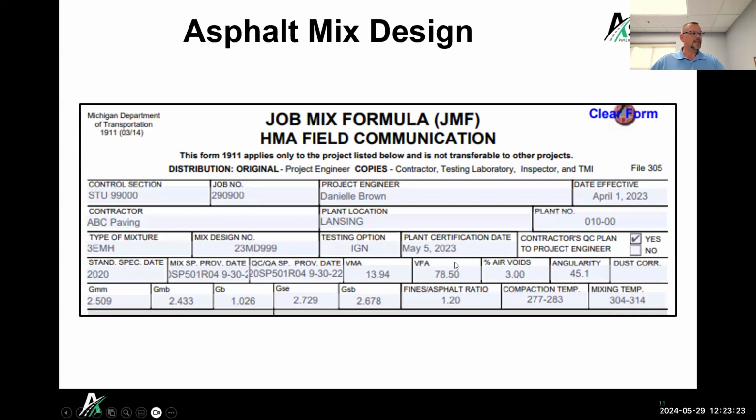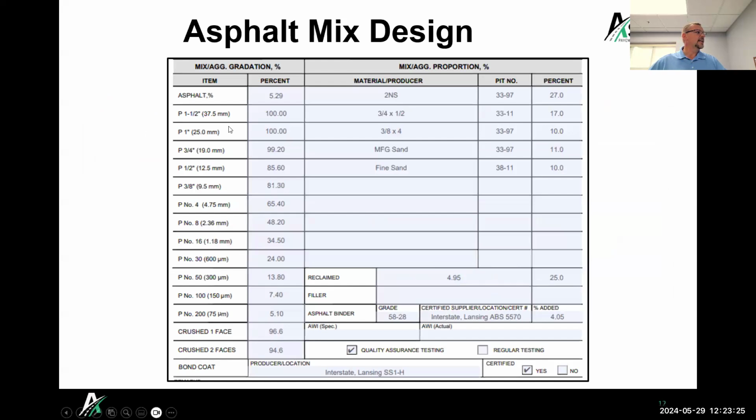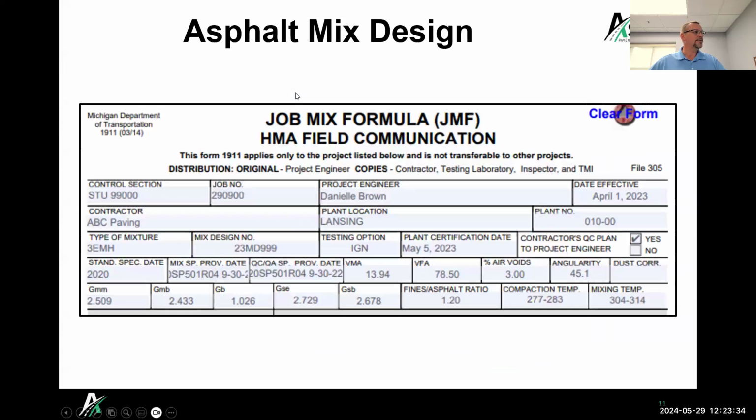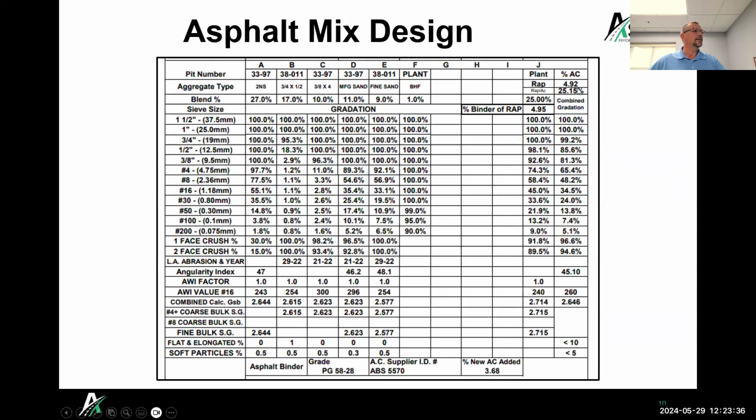These are both from the same mix design, and you can see on our JMF, our total asphalt content is 5.29%. If I go back to our mix design, our total asphalt content is 4.92%. So by regressing from 4% air voids to 3% air voids, we added almost 0.4% of liquid asphalt.